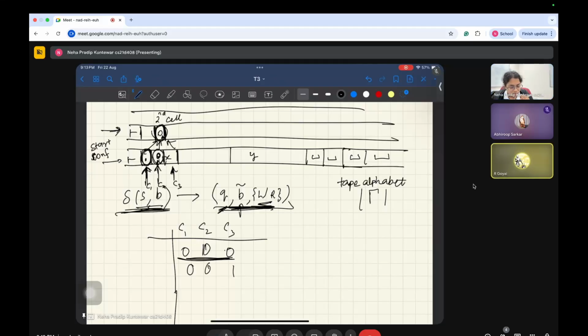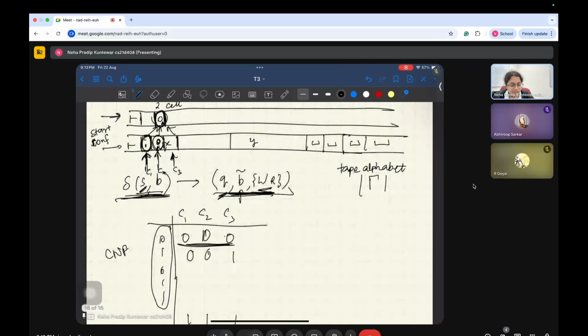Then based on these 3 values, we will be deciding the value of the second cell. Based on these 3 values, and of course I know what state it was in. So I can directly write a function like this. I mean, if you give me some truth table, I can write a CNF form. But the reason why it is slightly more complicated is because I can have, in the most